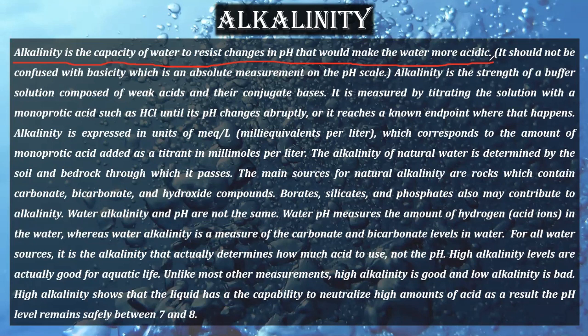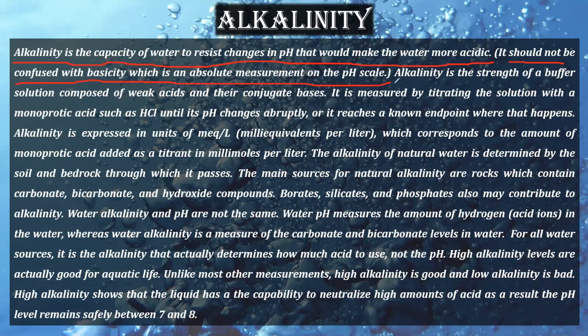Okay, so we need to know what is alkali, and alkalinity is basically the capacity. See, your water will become acidic. So if we want to stop this acidic behavior of water, what do we need? We need to add some base. Now whatever bases or alkalis are already present in water that resist the pH change towards acidity, that is called the alkalinity of water, and it should not be confused with basicity, which is the absolute measurement of the pH scale. So alkalinity is just present as it is in water, and basicity is a somewhat stronger parameter